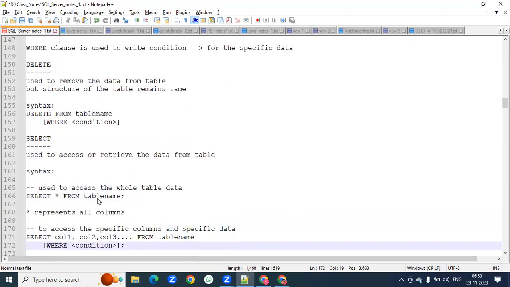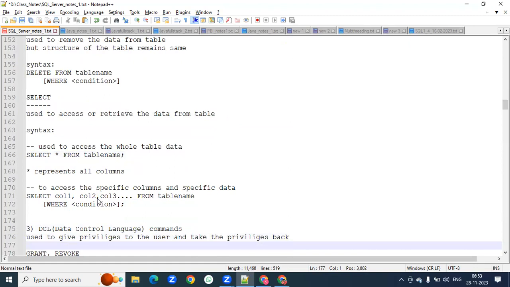Now we have to discuss SELECT. What is the purpose of using the SELECT command? It is used for accessing or retrieving data from a table. See, to access the whole table data,